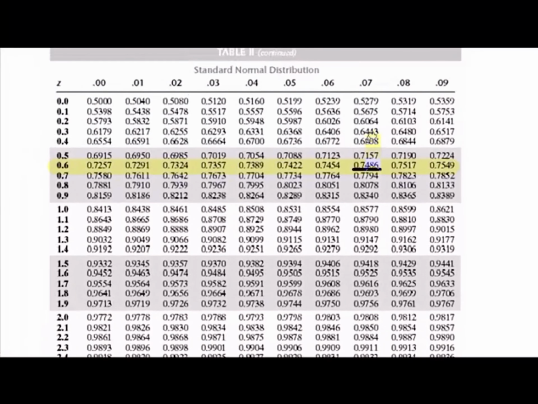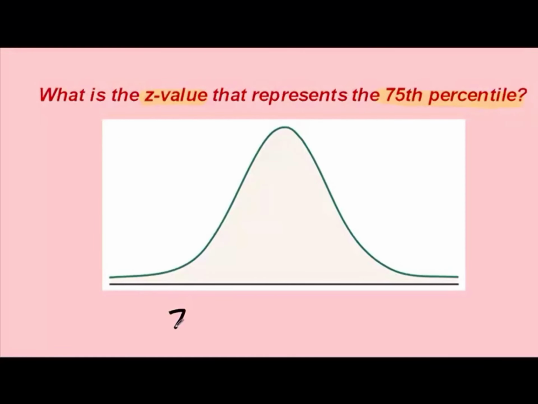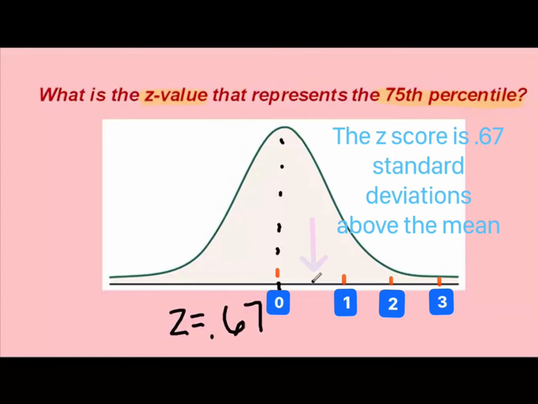Trace that up, and our z-score will be positive 0.67. Positive 0.67 means